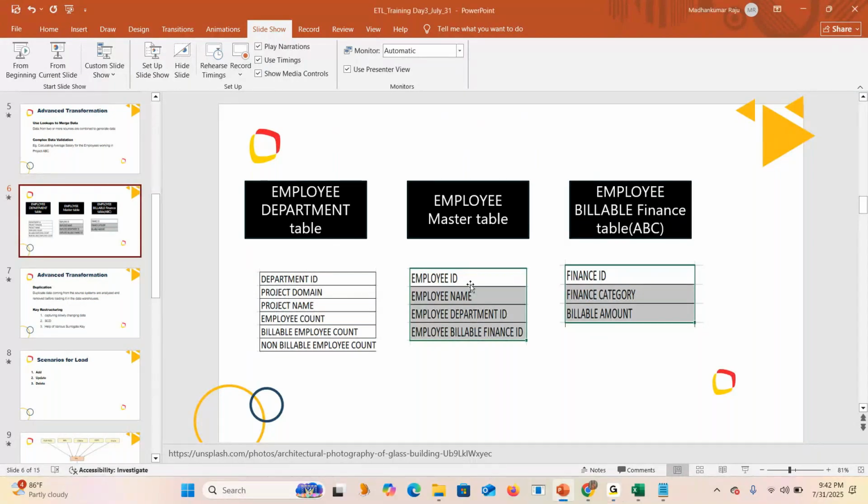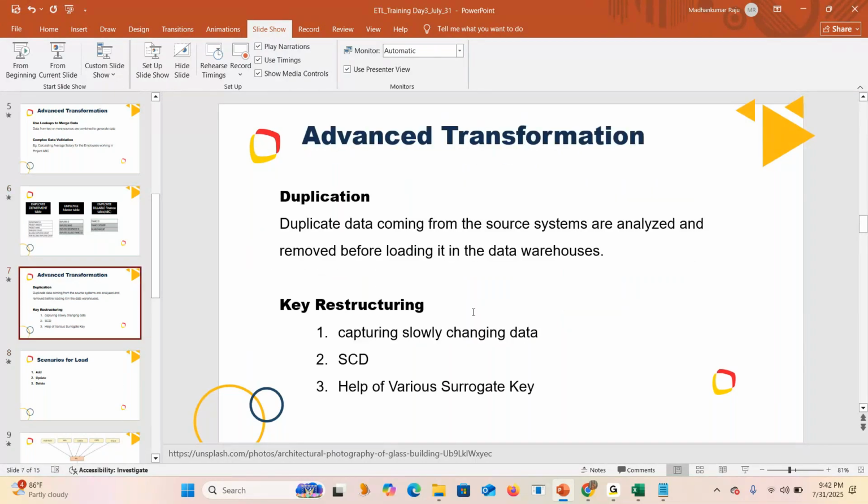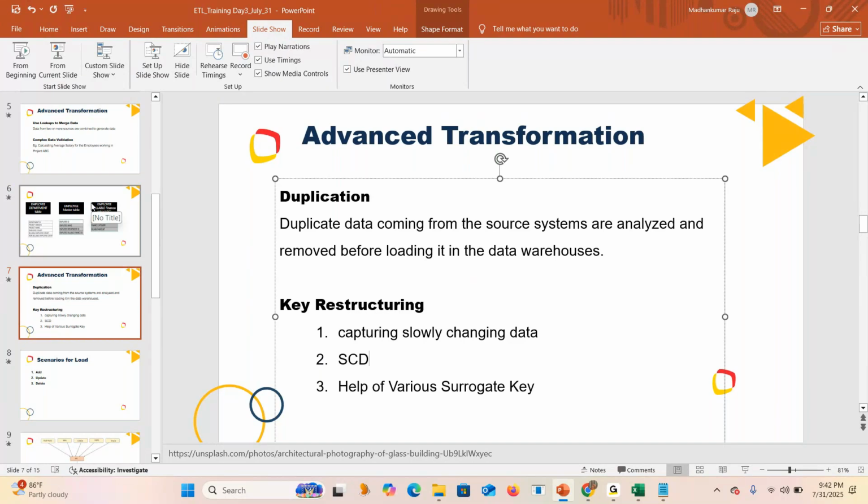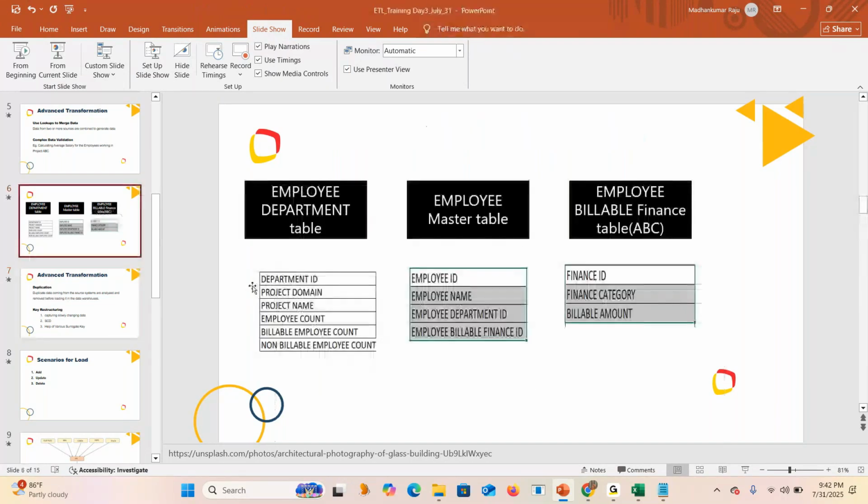Good. Now, I told you this is fact and dimension, and we went through partial extraction, full extraction, and with update notification and non-update notification, right? So we are completely dealing with this in SCD. SCD is nothing but slowly changing dimension. Slowly changing dimension means a dimension table, so this is a dimension table, right? We have the employee department table.